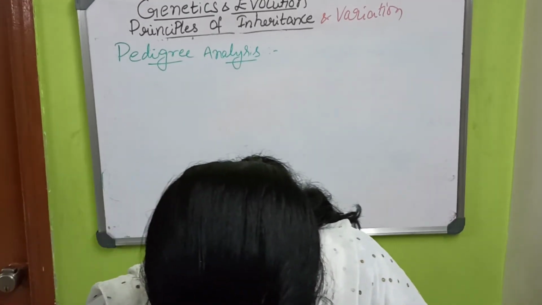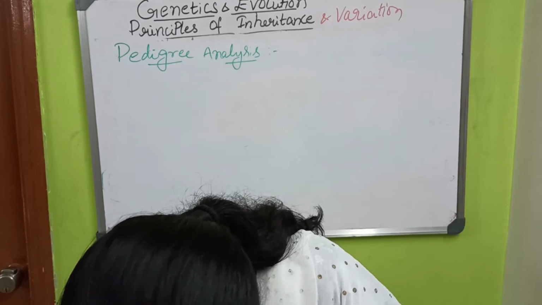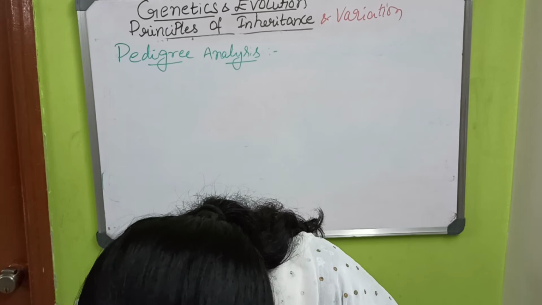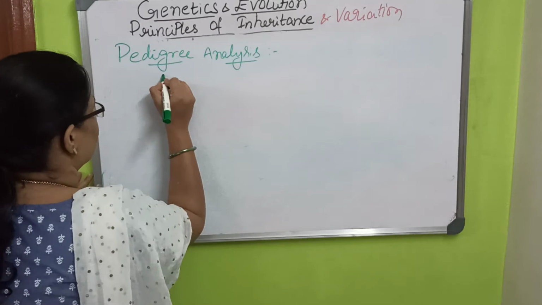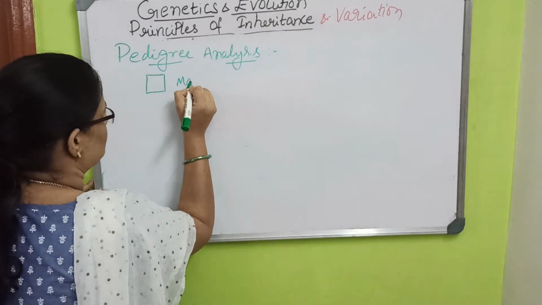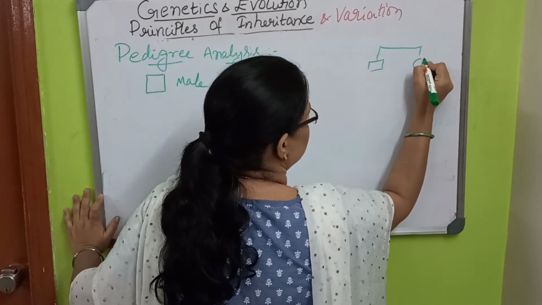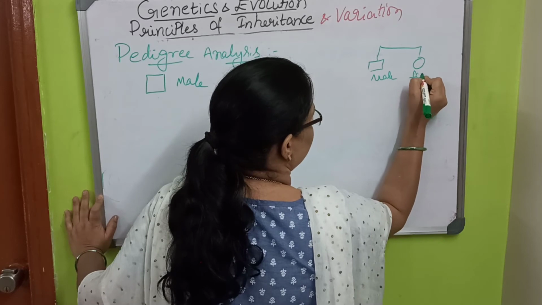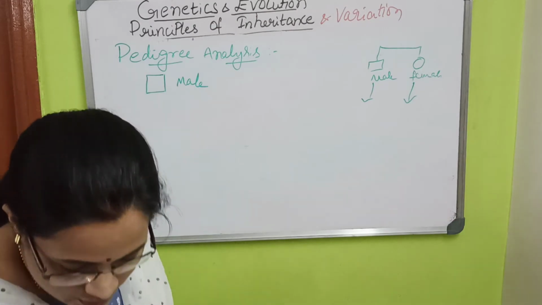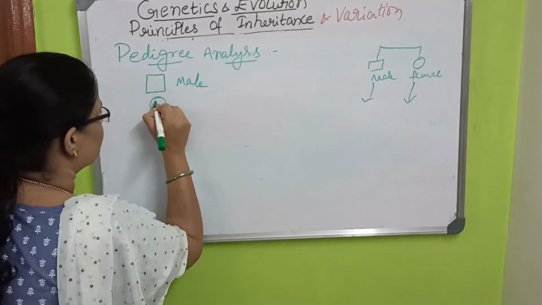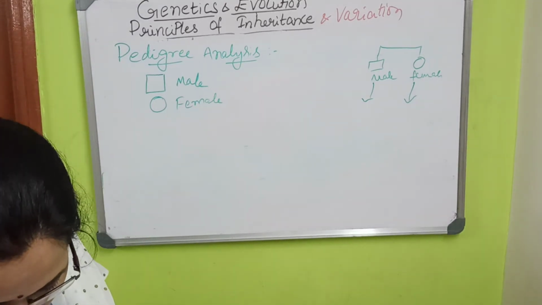So pedigree analysis is the analysis of inheritance of traits for several diseases over generations in a family. Suppose the male will be shown by a symbol, see the family tree when it grows like this. Suppose the male and female and the daughters. The pedigree analysis chart and diseases are shown like this. Before doing the sums, you have to know the symbols.